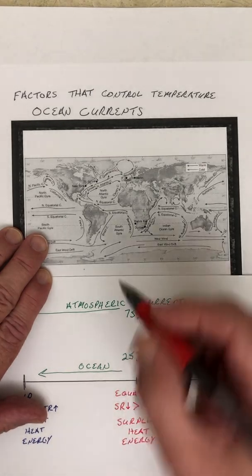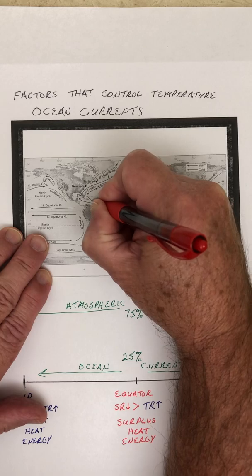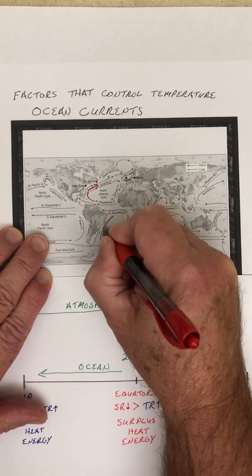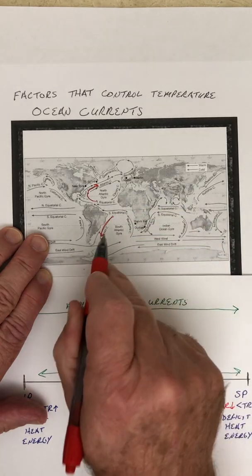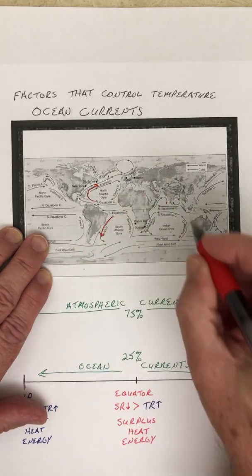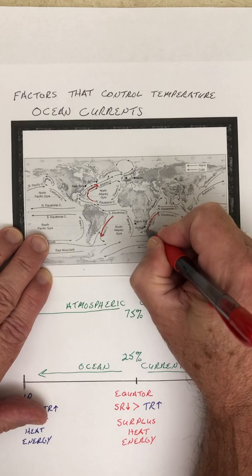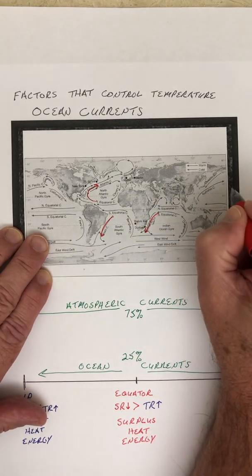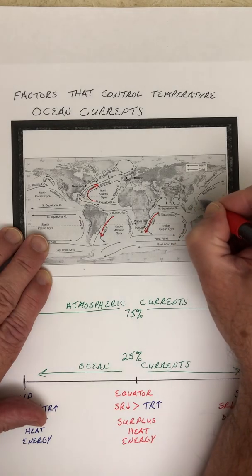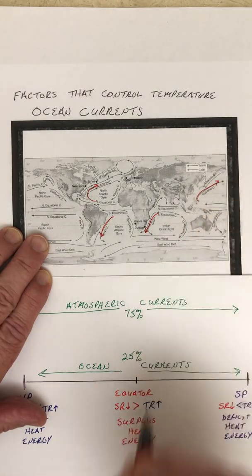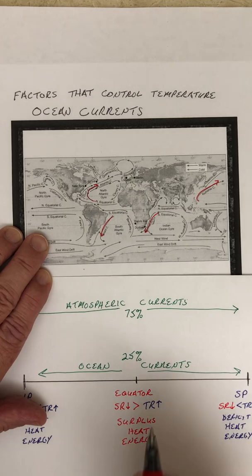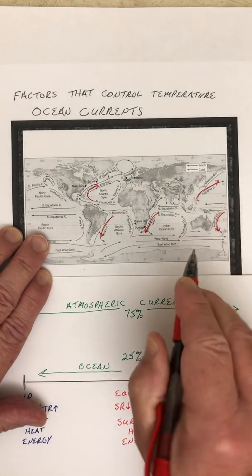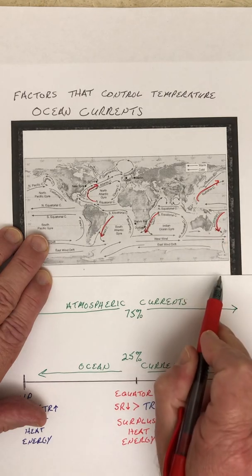On the east coast of every continent, the flow is such that ocean currents are coming from the tropics or the equator and heading towards the poles. And so on the east coast of every continent, let's see, here we go, the Kuroshio current. So on the east coast of every continent, there is heat energy being taken from the tropics towards the poles